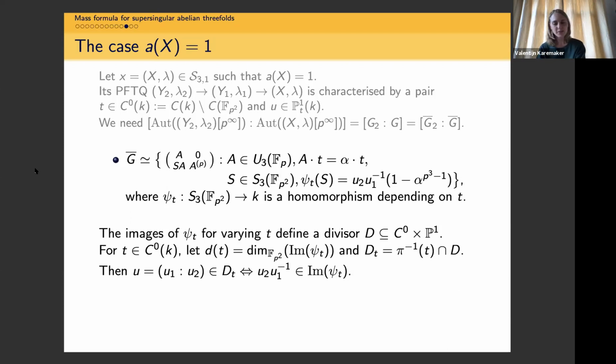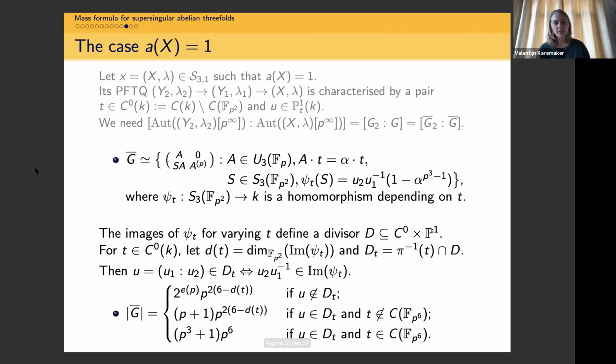Okay, why is this useful? Because then we know exactly how to compute the cardinality of G, because this clearly depends on this mysterious map psi, its image and its kernel. And so we see that depending on whether U is in this divisor or not, and depending on the degree of T, we get exact formulae for the cardinality of G bar. And then again, we are done because we know the super special mass that we need. We know the comparison factor, which is this index of G bar and G2 bar, since we have such an explicit handle on both of these things.